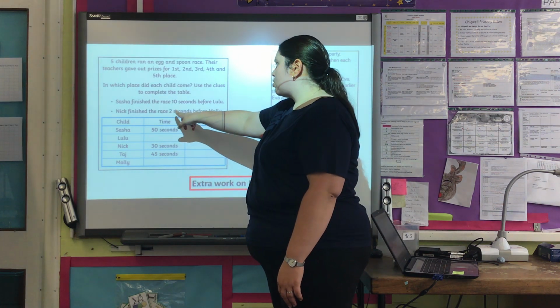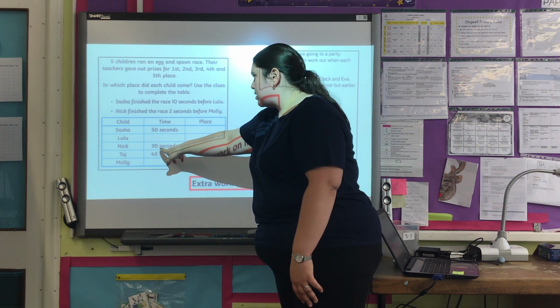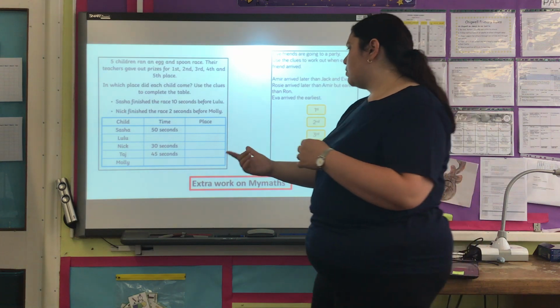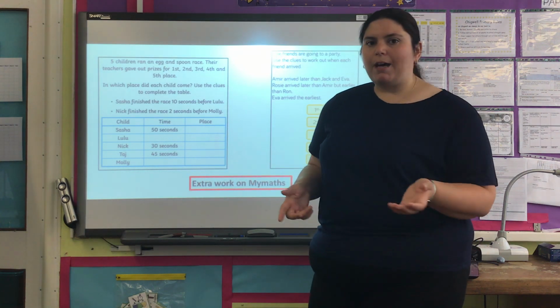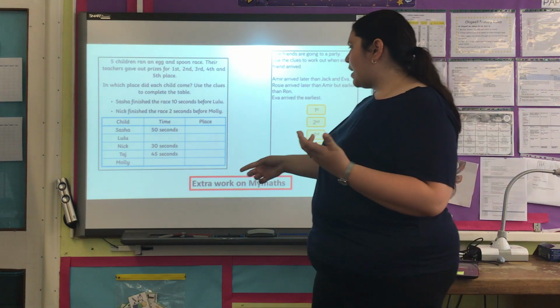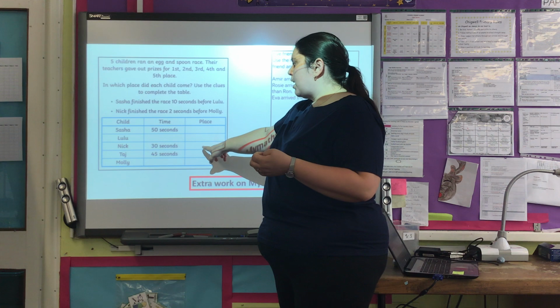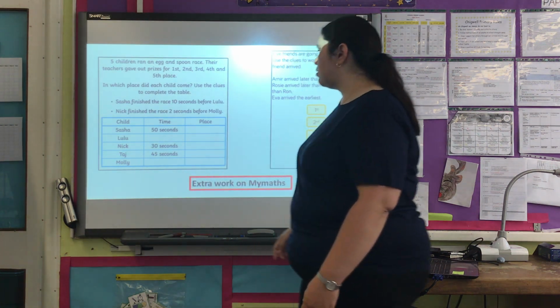And then Nick finished the race 2 seconds before Molly. Nick took 30 seconds, and he finished before, so we need to add 2. So we've got 32 seconds for Molly. What I want you to think about is the person who has the lower number came first, and I want you to put number 1 or first, and then you can complete the rest of the places using